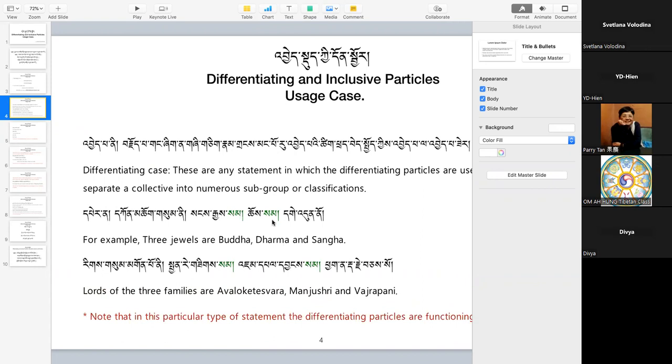And when it does not function as a conjunction, there is no inferential understanding that this is different from the other one. But then one might argue that since it's already a subgroup and a classification, they should be different and individual to each other. And I'll say yes, but normally in English we use a comma, while here we have to use the particle with the punctuation in order to represent that same function, because the particle itself is incapable of doing so.